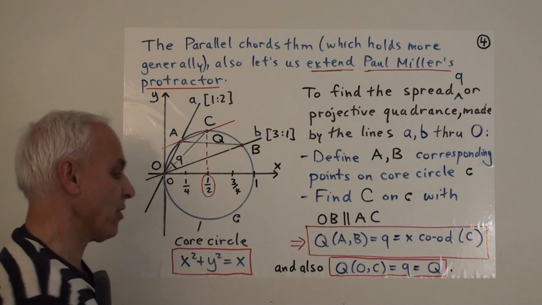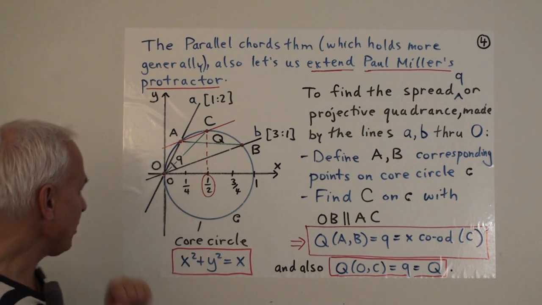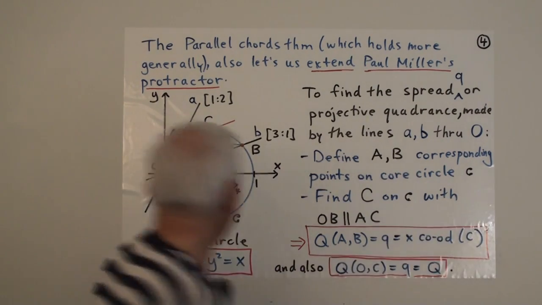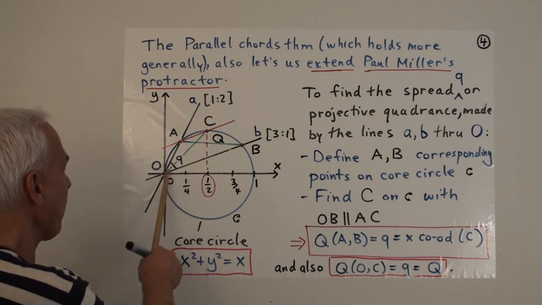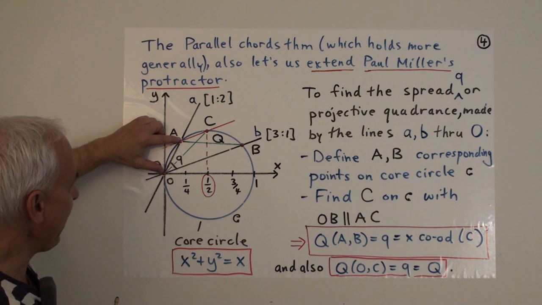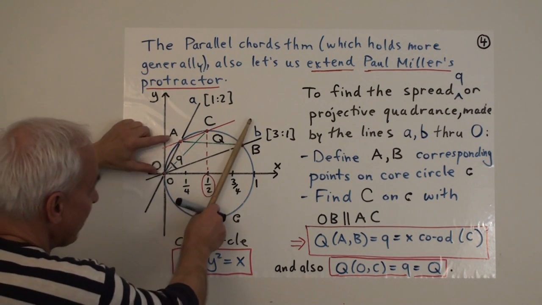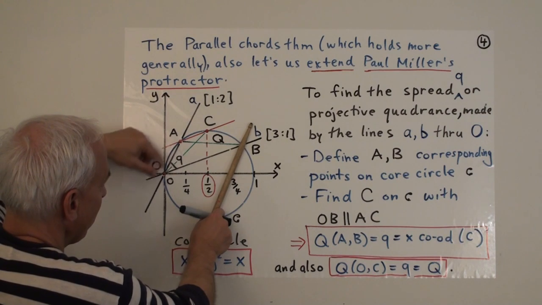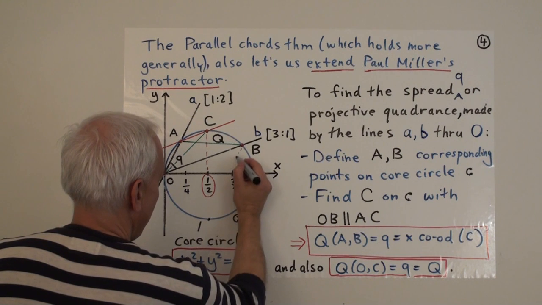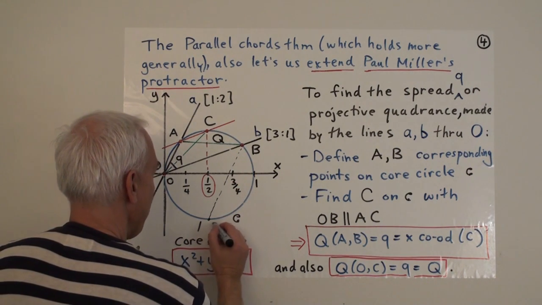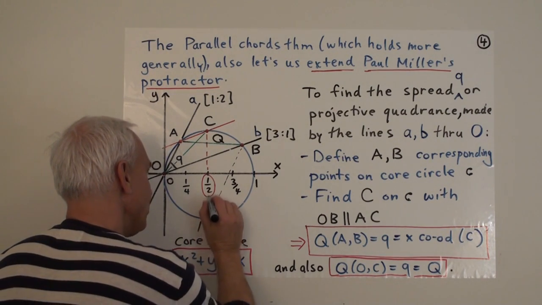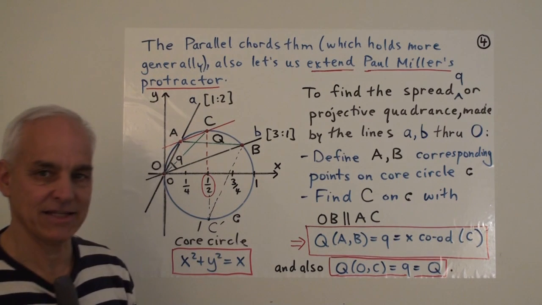Now I want to mention just a slight variant on this, which is amusing, maybe 2 slight variants. So the other one is that, well, we didn't have to actually go from O to B, we could also have gone from O to A. Okay? If we had done that, then we would have had to draw a line through B, which is parallel to this one. If we had done that, that would have been the point C in that case, maybe C prime. And then projecting it onto the x-axis, we would still get exactly that same value there.